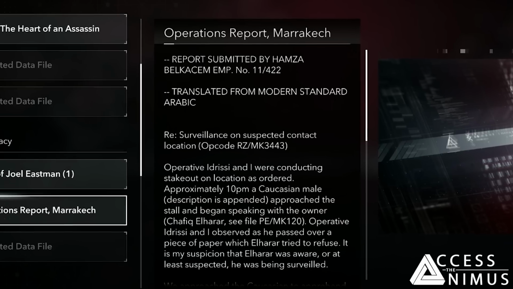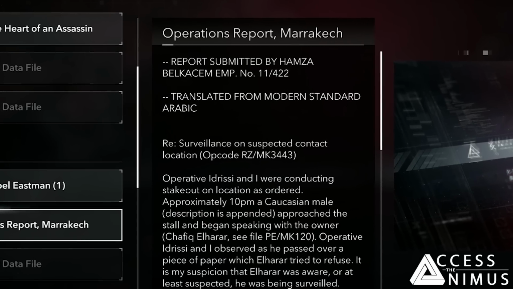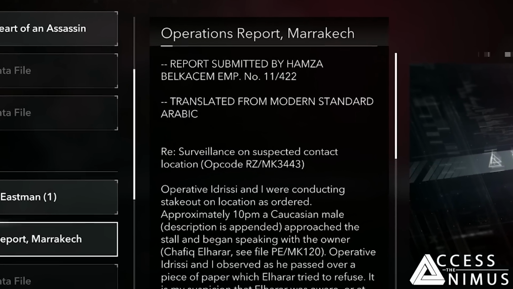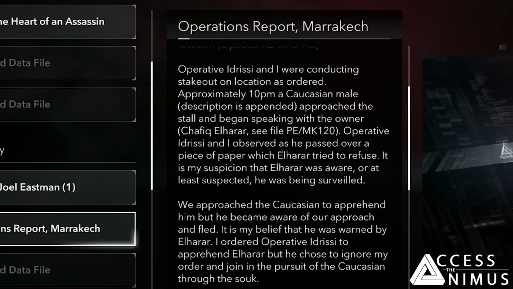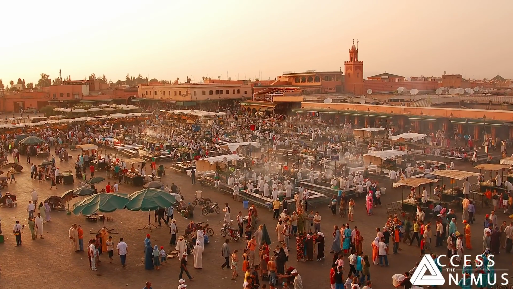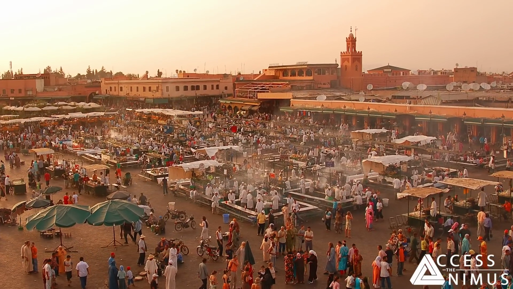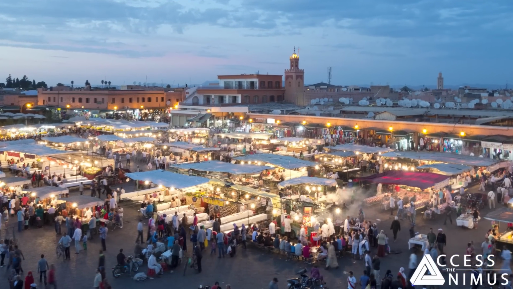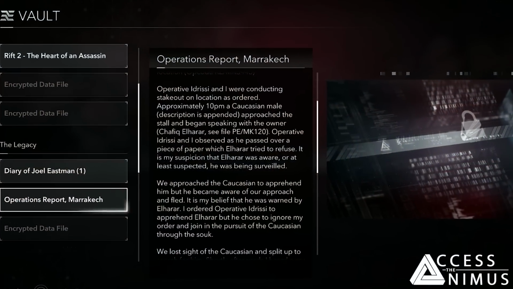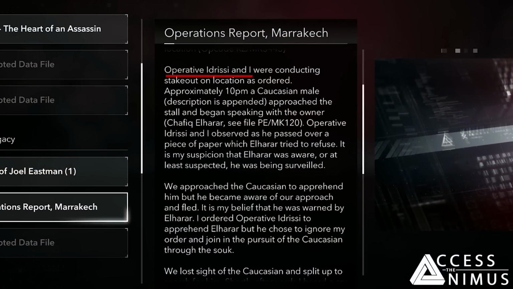I don't know, and it really looks like a formal report were it not for its intentional lack of a date for the event. Operative Belkacem mentions that he was conducting a stakeout on a location as ordered, with the location evidently being the stall that Joel Eastman was about to visit. This means that Abstergo already knew something was going on with that stall. Belkacem wasn't alone, he was with another operative called Idrissi, and they both noticed that at 10 PM a Caucasian